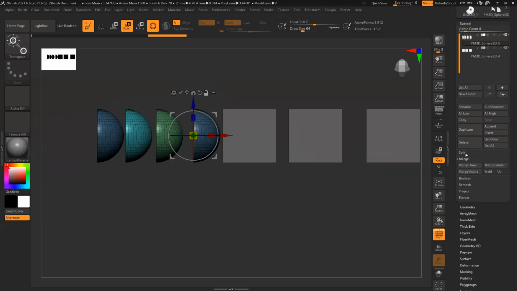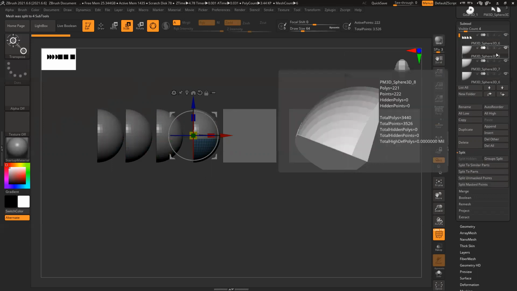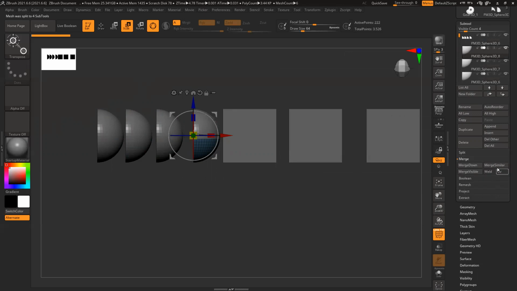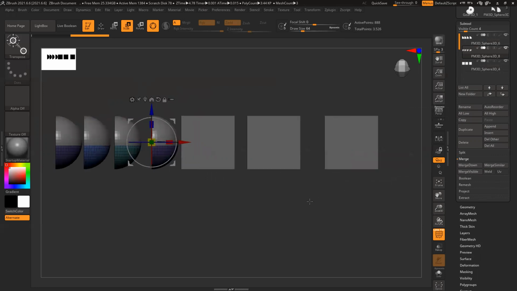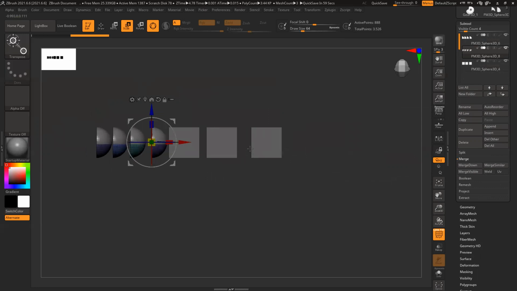So let's split to similar parts first. Now go to merge, merge similar. It will merge all these shapes together automatically because they were separated. Like this one also was split into parts, all of them separated. Merge similar, and everything is merged back into the same thing. So it's very little, nothing complicated here. Then you have something called merge visible: whatever is visible on screen, it will merge those things.